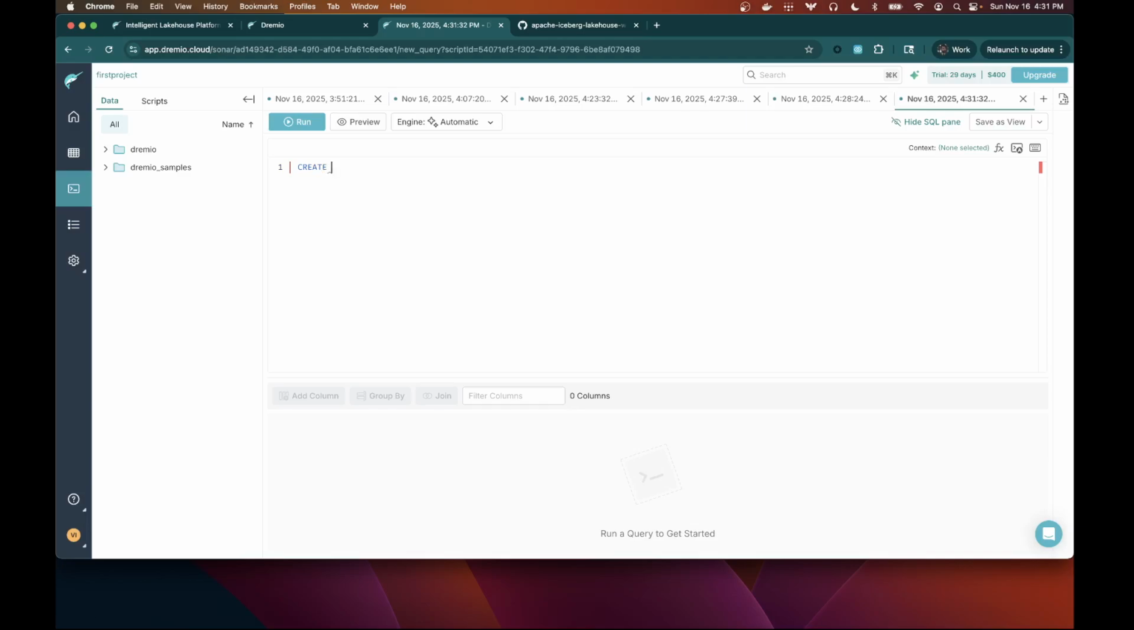Okay, create table. In this case, I want to create it in this Dremio namespace. So I'm going to put that right there, Dremio. Now, if it was longer, that'd be fine, but we're going to just call it Dremio.test. I'll give it a schema of a name, which is going to be a varchar. And then I'm going to insert into the table